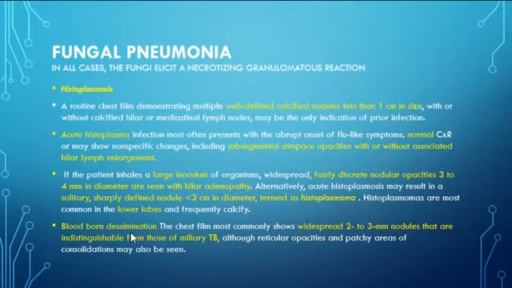We have acute histoplasma infection. It presents with subsegmental airspace opacities with or without hilar lymph node enlargement, or the initial chest X-ray could be normal. If the patient inhales a large inoculum, fairly discrete nodular opacities 3 to 4 millimeters in diameter are seen with hilar adenopathy. Alternatively, acute histoplasmosis may result in a solitary, sharply defined nodule less than 3 centimeters in